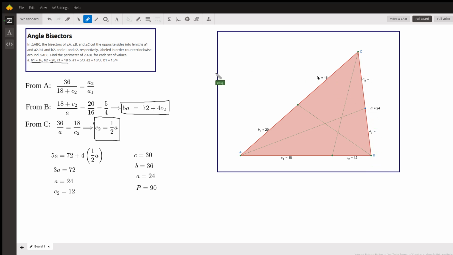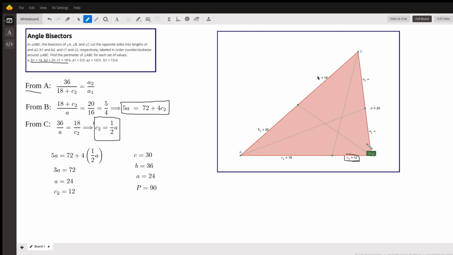So that means 36, this side right here, is to this side, 18 plus, we don't actually know C sub 2 yet, as A sub 2 is to A sub 1. That's equation number 1. From vertex B, we have this side, 18 plus C sub 2, again, we don't know C sub 2 yet,